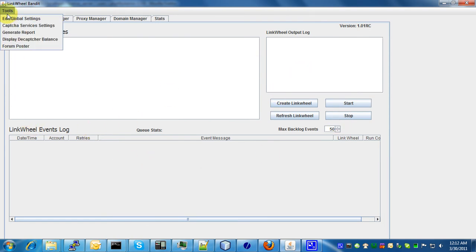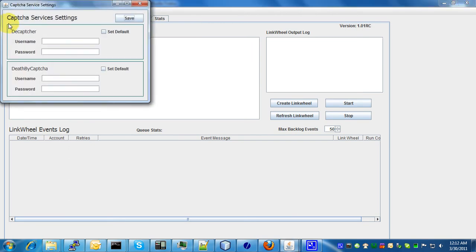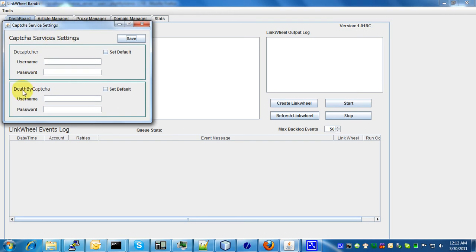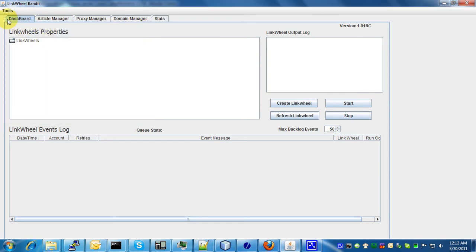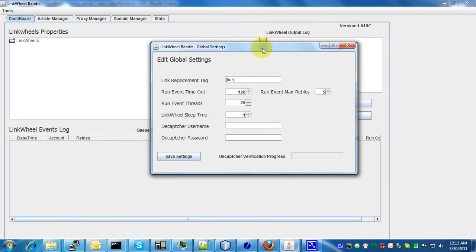just go to Tools. And then right now the CAPTCHA service settings, which will have the Death by CAPTCHA service available, isn't quite set up yet. We'll have that set up here very shortly. And then also the forum poster isn't totally set up yet. So you can go into those, but they're not hooked up to anything, so don't worry about them at this time. So to get started, you're just going to go to Tools, Edit Global Settings, and then inside of